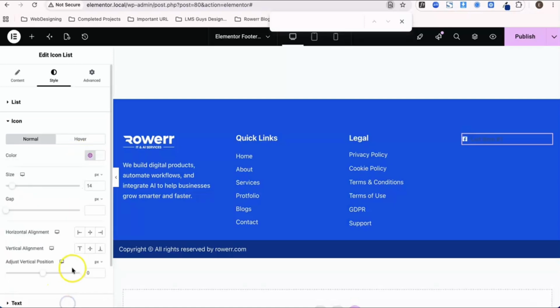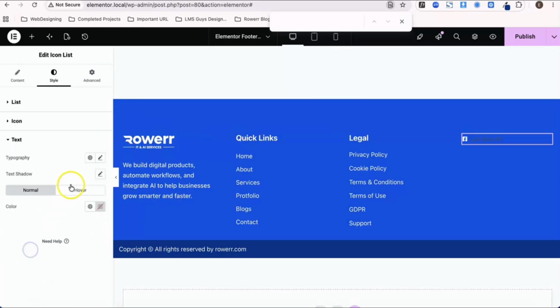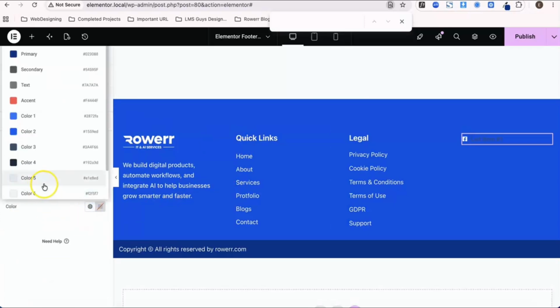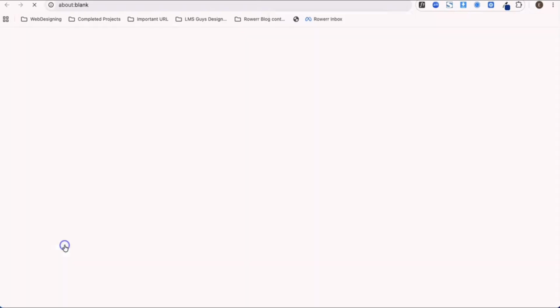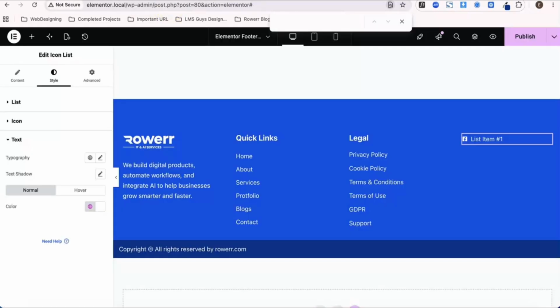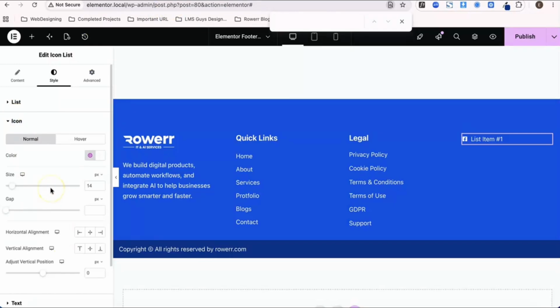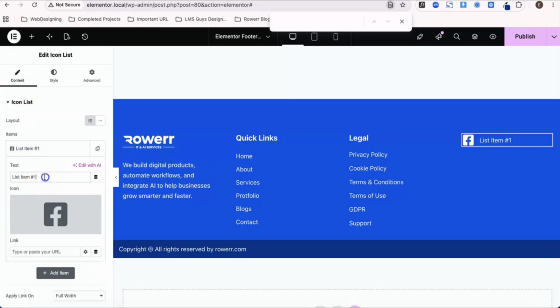We'll go here, white color, and then the text we will make it white as well. Oops. Let's go and increase the size of text and icon. Okay, this is the, okay, so let's go back here,